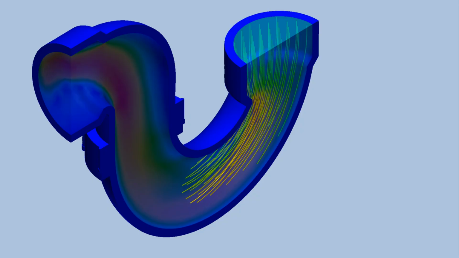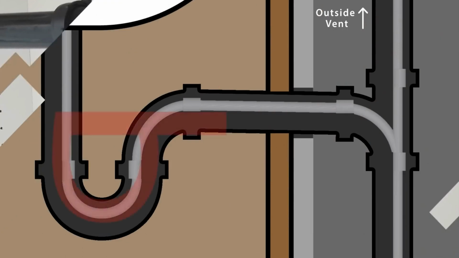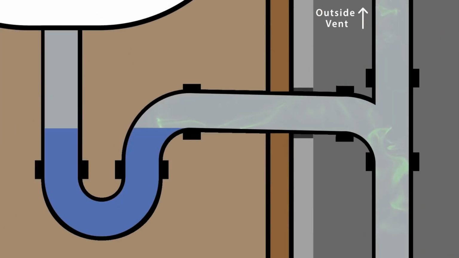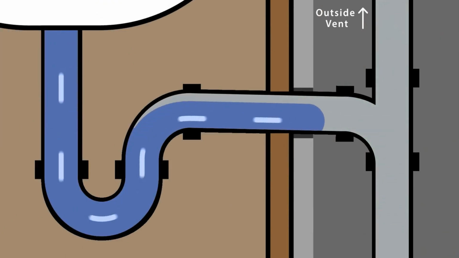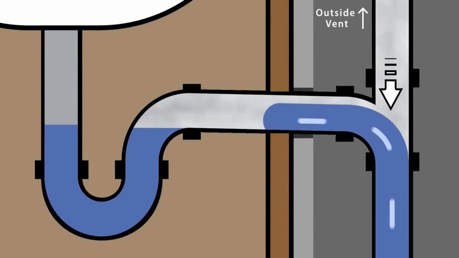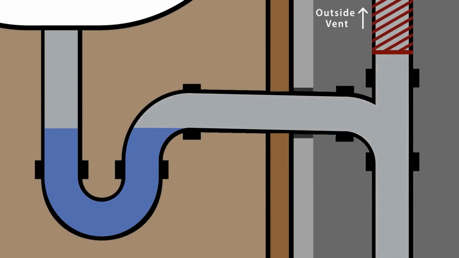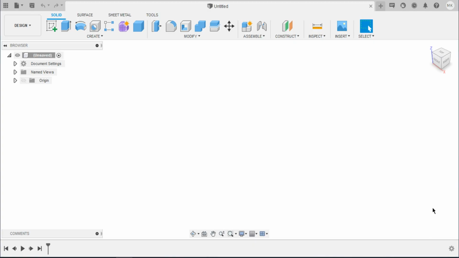Today we are going to analyze the flow for this 270 degrees plane pipe. That is a P-trap. We'll be using this pipe in household applications under sinks and for the faucets and much more. We're going to analyze the flow in CFD. We'll get to that later. Let's dive into Fusion 360.